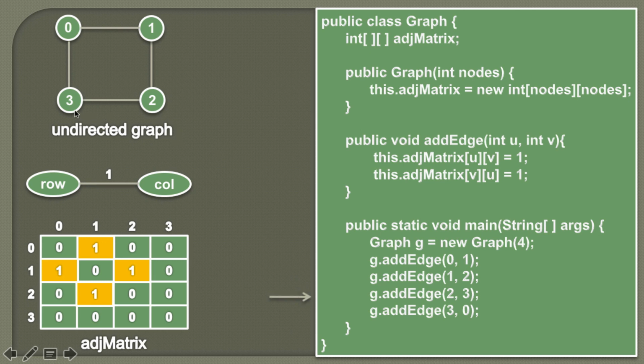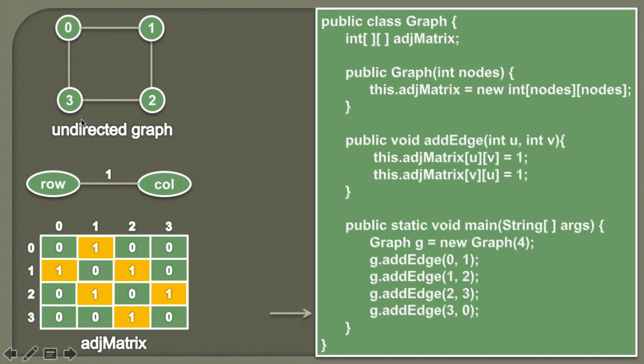Similarly, vertex 2 and vertex 3 are connected through an edge. Therefore, in the matrix, at row 2 and column 3, we provide a value of 1. Moving ahead. And similarly, at row 3 and column 2, we provide a value of 1. Because if we want to traverse from node 3 to node 2, we know that there is an edge, and that can be figured out through this matrix: we can directly check whether there is an edge from row 3 to column 2. If the value is 1, we come to know that there is an edge. Moving ahead.